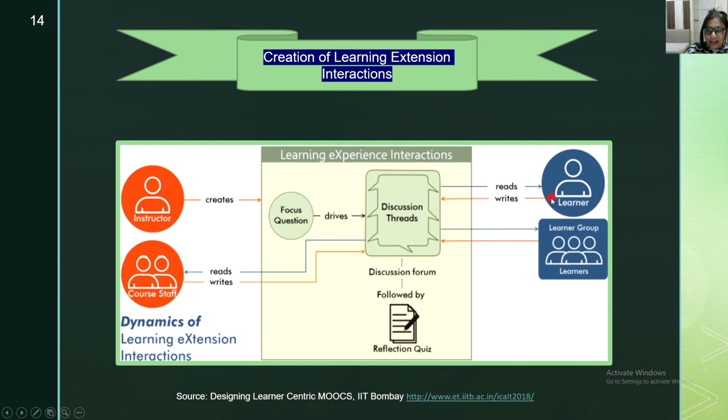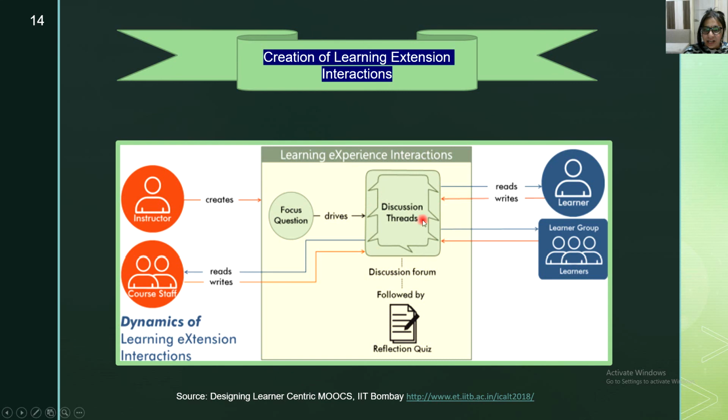They read and write, read and write, and in the group also they read and write. But every answer should be pointed towards this. इससे अलग आंसर्स या व्यू पॉइंट्स जो भी आ रहे हैं वो इससे अलग नहीं होने चाहिए.